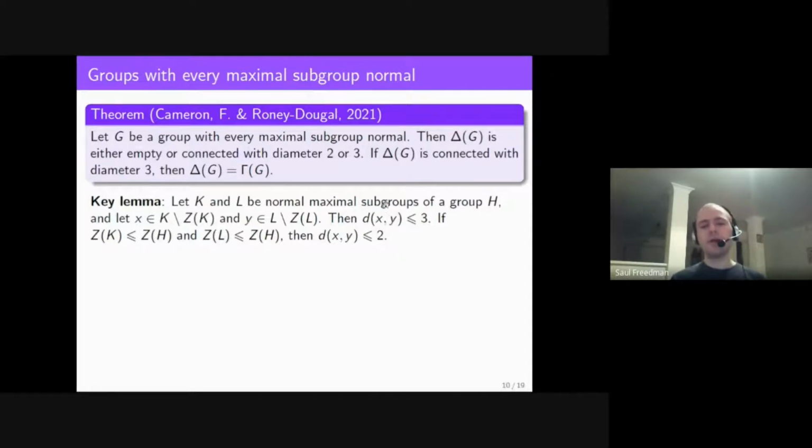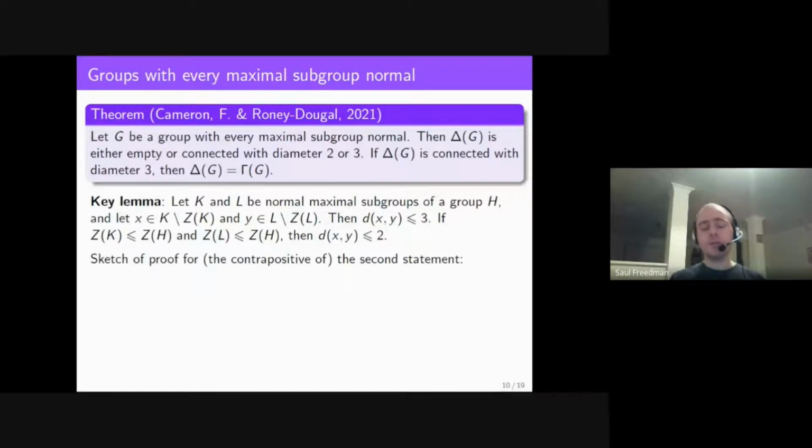Okay, so this lemma actually automatically gives us the first statement of the theorem. Why is that? Well, we've assumed that every maximal subgroup of G is normal, so this result applies to every maximal subgroup. And we know that when we have a non-isolated vertex in the graph, it is a non-central element of some maximal subgroup. So this is just telling us about non-isolated vertices, and any two non-isolated vertices are joined by a path of length at most 3. And so the diameter is at most 3. We also know that the diameter cannot be 1, so the diameter of delta of G is either 2 or 3. Now what about the second statement in the theorem? Well, let's prove the contrapositive, or rather I'll give a sketch of the proof.